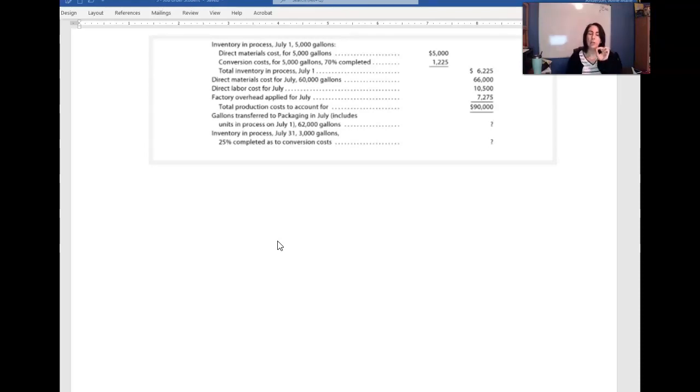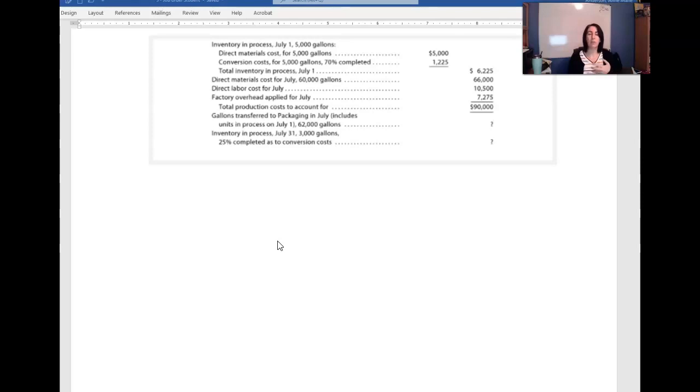Okay, so now here's the thing, right? This is what you're currently working on. It's already 70% complete when you came into the month on July 1st. And that's because you don't end the month and then halt all operations. They keep running. So on July 1st, you have material or ice cream on the floor in the factory being worked on. Okay, then during the month of July, you added another 60,000 gallons worth of materials, which is 66,000